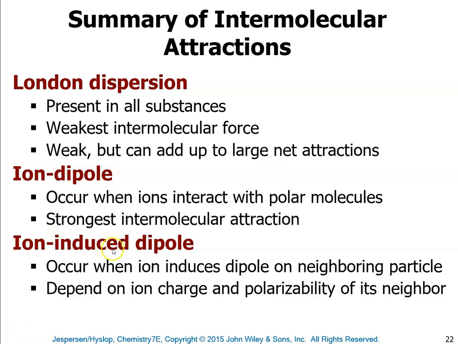And we didn't really talk much about this, but there is the ion-induced dipole. It's kind of the mix between London dispersion and ion-dipole. If you have really big atoms that have really large clouds that are really far away because they're further down the periodic table, we can sometimes, due to ions having that permanent charge, induce dipoles on neighboring particles. And again, it mostly has to do with how large that atom or molecule is